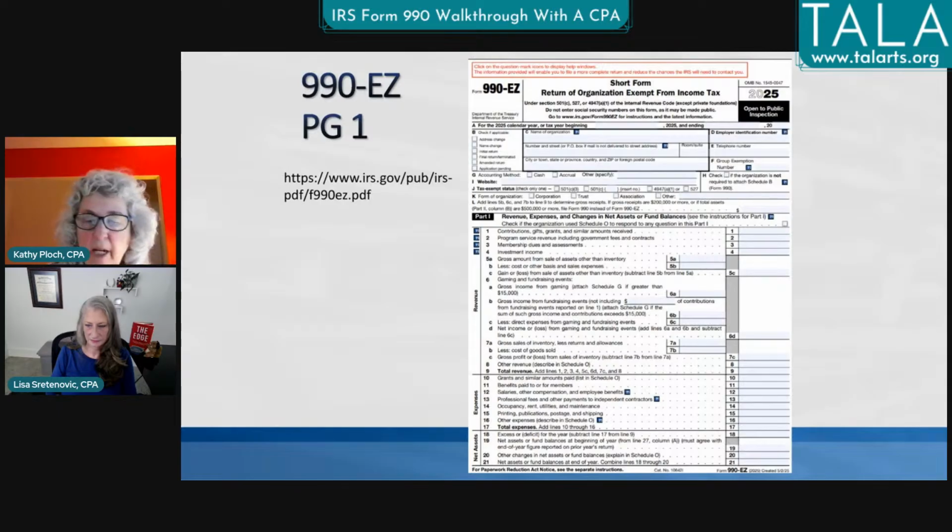Name of the organization, employer ID number, phone, that's pretty much the accounting method. Cash or accrual, most of the time it's going to be cash. I'm not going to go into the detail on that.